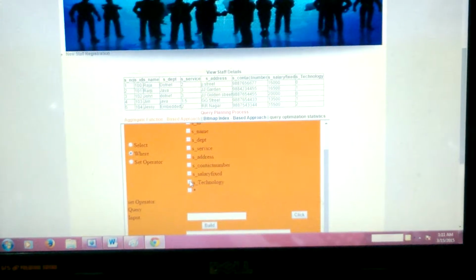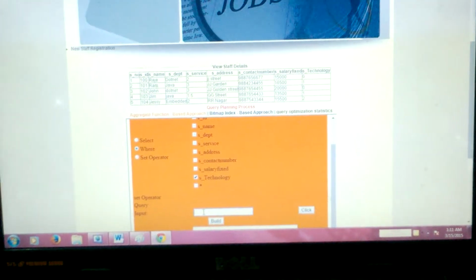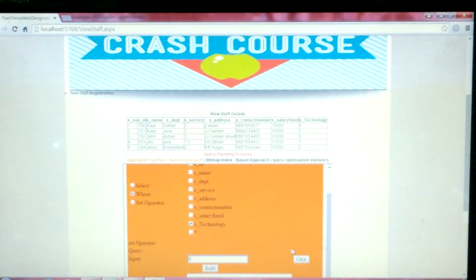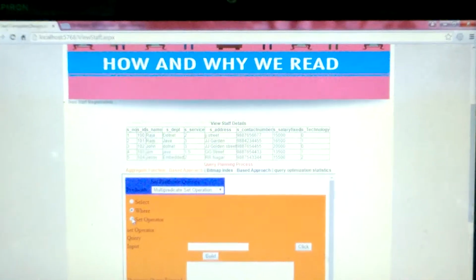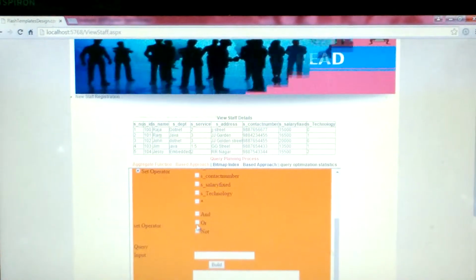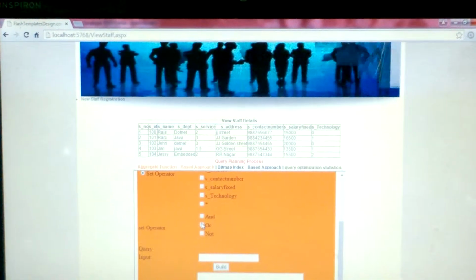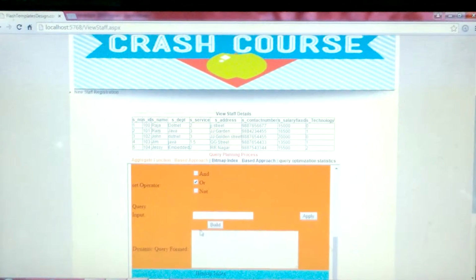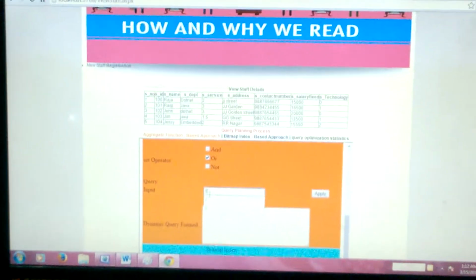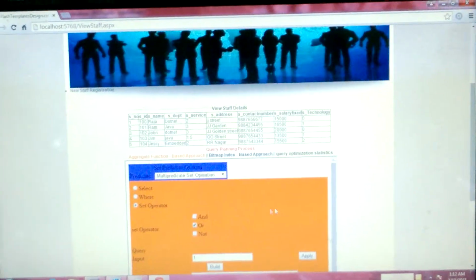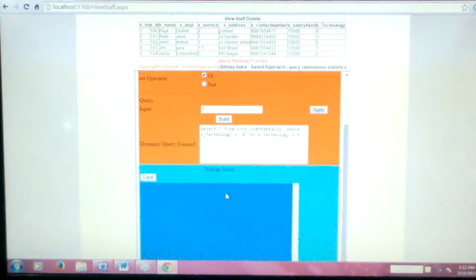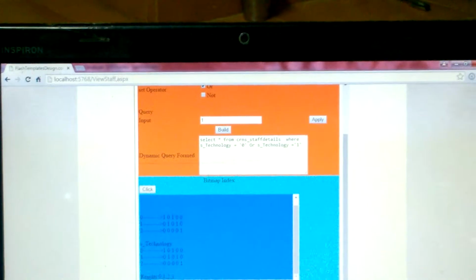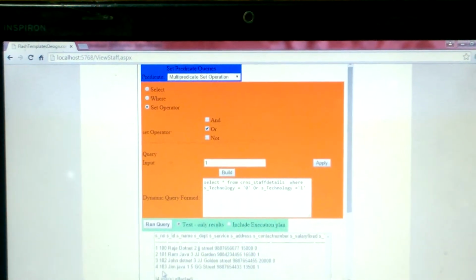We have to select the var conditions as ACE technology, and the input will be given as 0, then click, then we have to set the operator. In set operator condition we have to select the logical operation, that is OR, and ACE technology, then the input will be 1, then apply, build. The query will be generated dynamically and the result will be displayed in binary values, and run query,